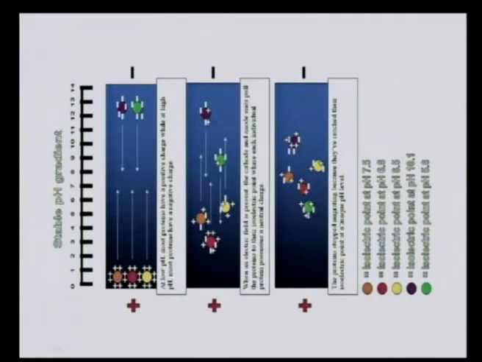Even the table shows that the green one has an isoelectric point of pH 5.6, the red one is somewhere around 7, and the yellow one is somewhere between 8 and 9. So the ions which are charged get separated, but their separation is based on their isoelectric point. If you observe these three images and compare them, you can notice that initially they were either positively or negatively charged. As the IEF progresses, the ions get separated, based on their isoelectric point.